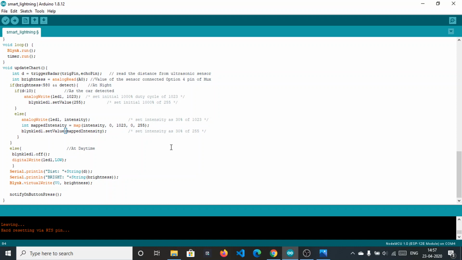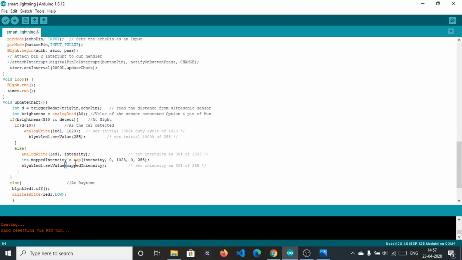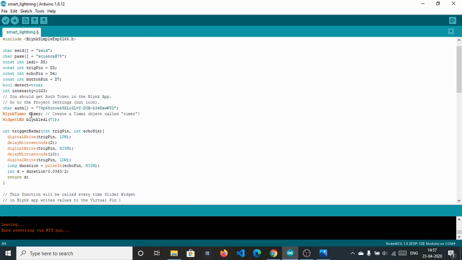And in the initial state, this intensity is the global variable. Define this intensity in the initial state as 1023 into 0.3, which equals, I think, around 300.